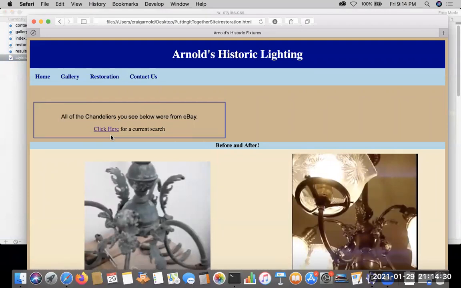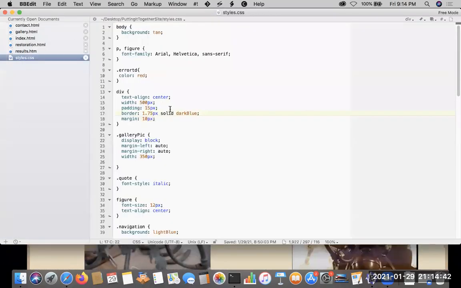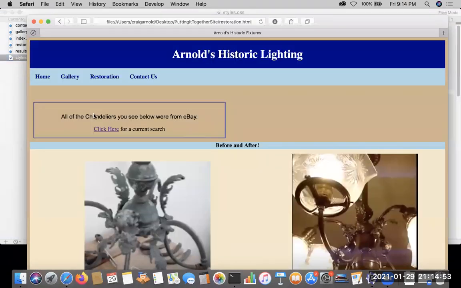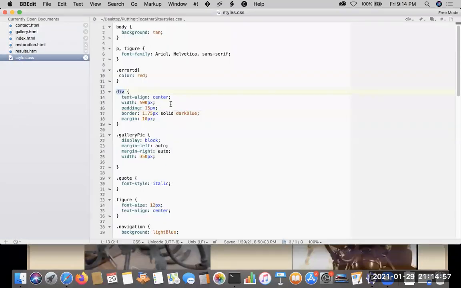Remember from a previous video, I commented out this rule. And what happened? Well, the text went back over to the left. It was no longer center aligned, and we didn't see the border going around the div. Okay, so that's another tag rule. So if I made any more divs, they would look the same. They would have the same layout as this div does. Another example,